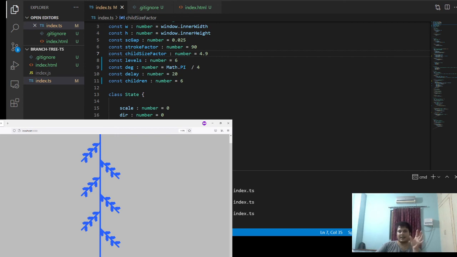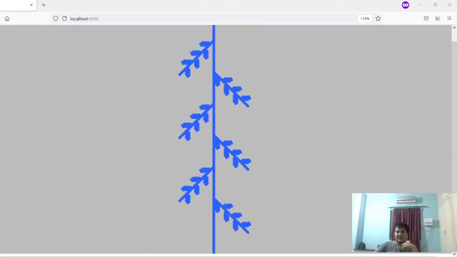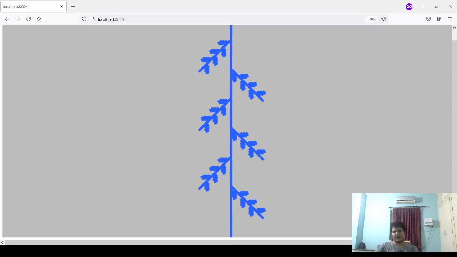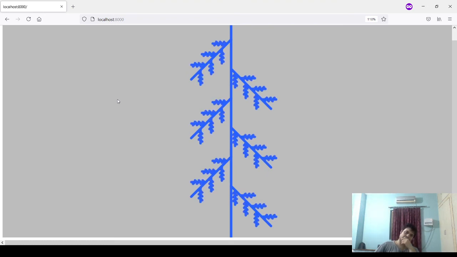This is a neater way to do it. I've just increased the size, and this is 3.9. This is a better way.